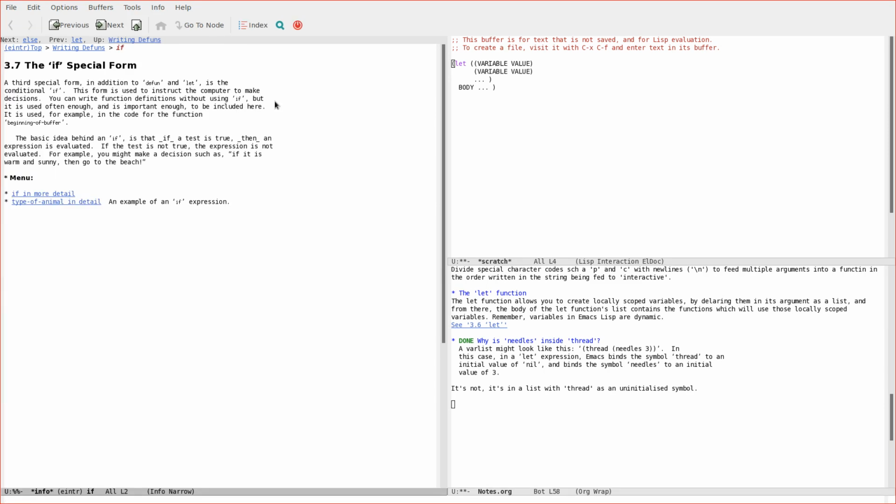The if special form. A third special form, in addition to define function and let, is the conditional if. This form is used to instruct the computer to make decisions. You can write function definitions without using if, but it is used often enough and is important enough to be included here. It is used for